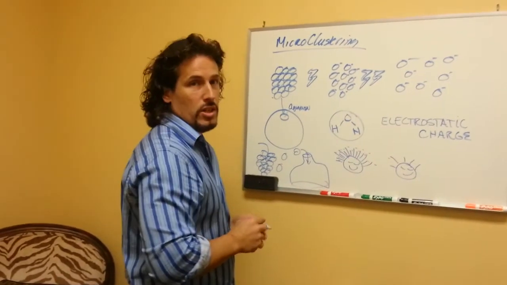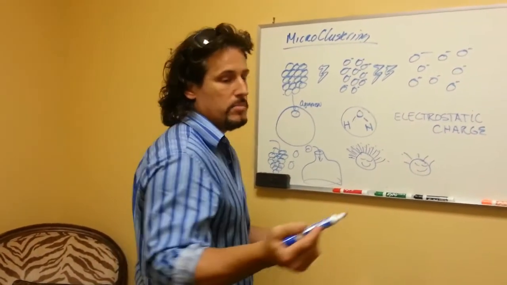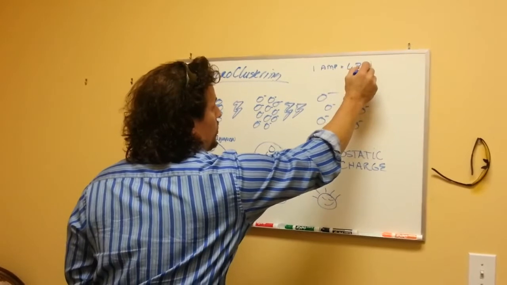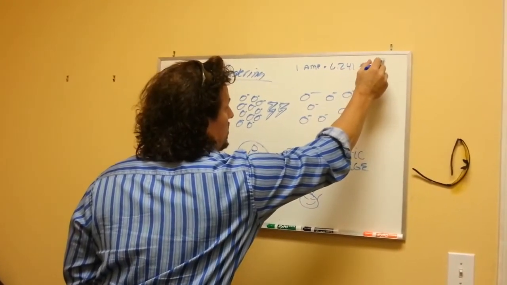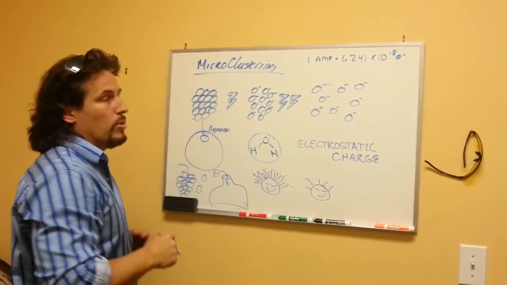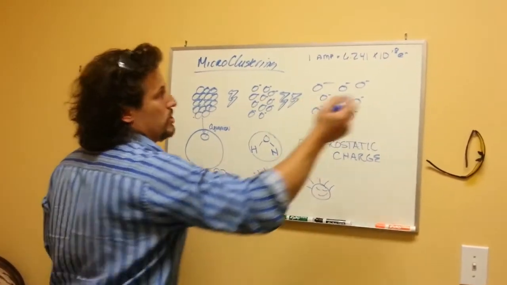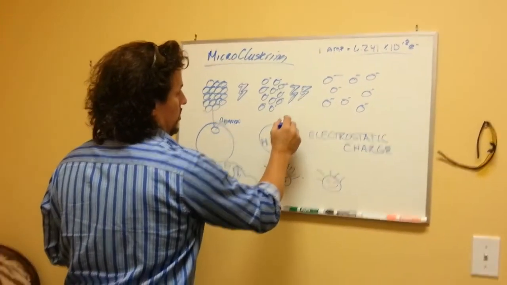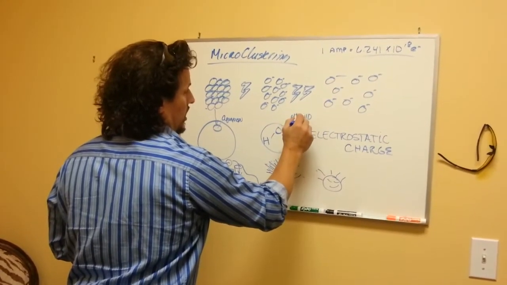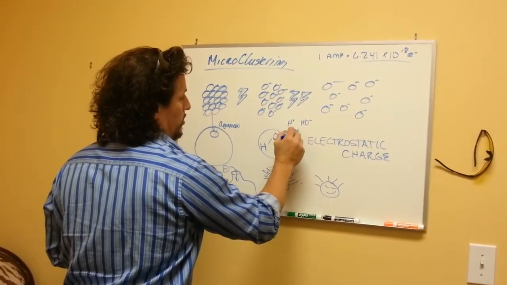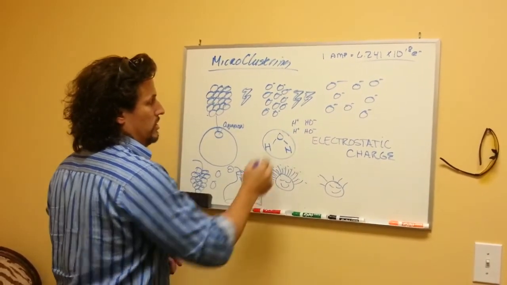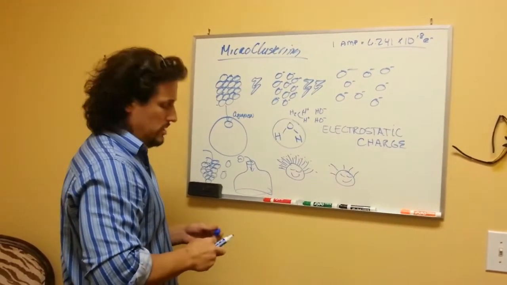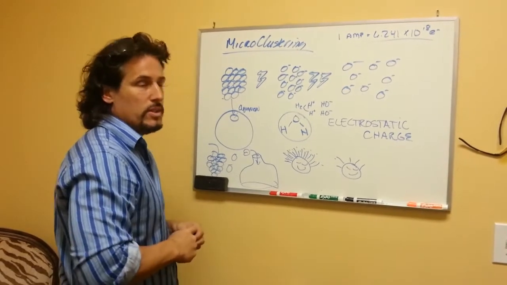Each time the electron gets charged, there again, that's where your amperage becomes important, because 1 amp equals 6.24 times 10 to the 18 electrons. So the more amperage you have, the more energy or the more electrons you're dumping into the system. And when these things break apart, you actually get hydrogen and a hydroxyl. When you break 2 of them apart, you get 2 hydroxyls with a free electron. These become the dissolved hydrogen in water, and your body actually uses hydrogen gas as an energy source to fuel many of its cellular functions.